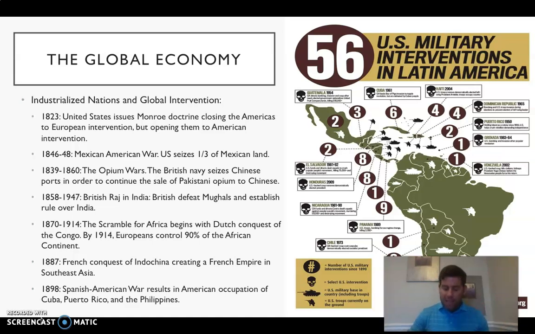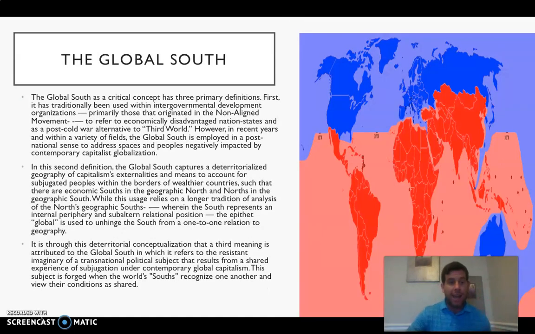Right? All of these instances are examples of the industrialized world securing control of raw materials and markets in the developing world. Right? The global Industrial Revolution doesn't look like the Industrial Revolution in England or in the United States. It looks very much different. But it doesn't mean that the industrialization process didn't happen in nations that we don't consider industrialized today.